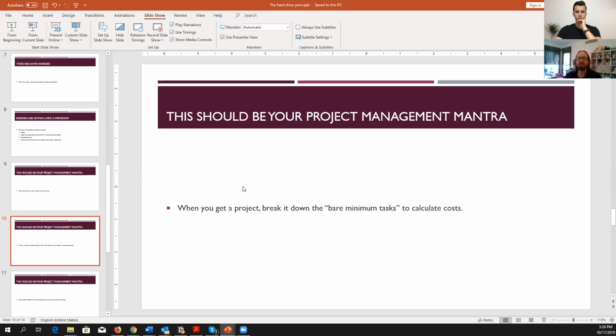As I explained earlier, when you get a project, break it down to the bare minimum tasks to calculate costs. The bare minimum task is like when you design a logo, a bare minimum task would be creating the sketch. An initial sketch is a bare minimum task.